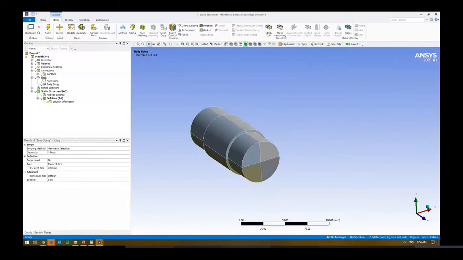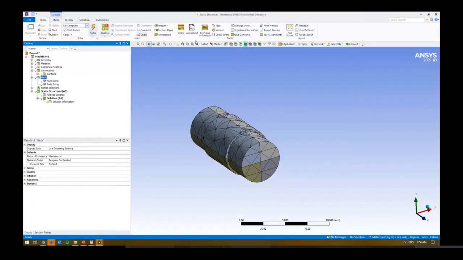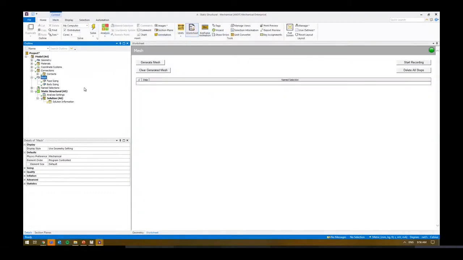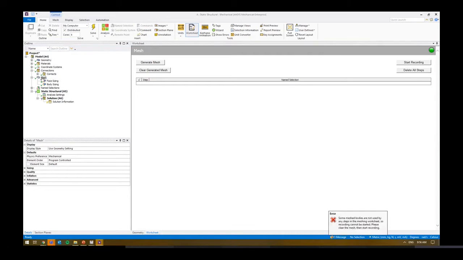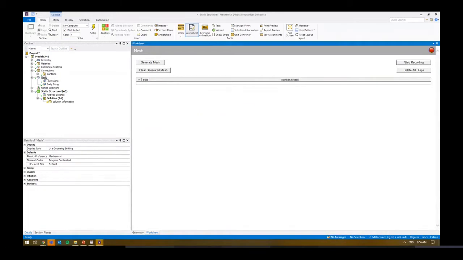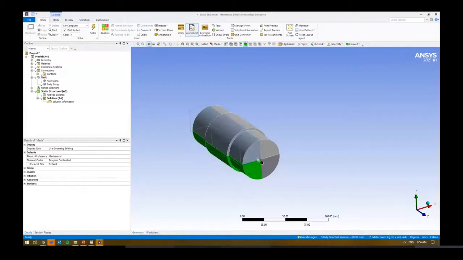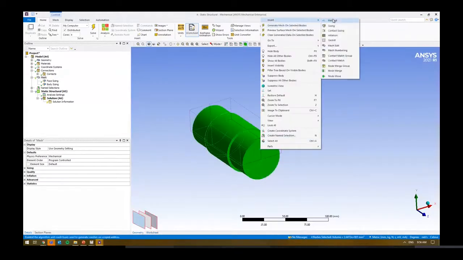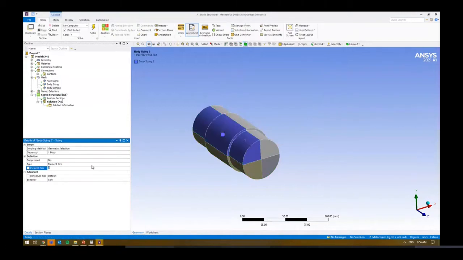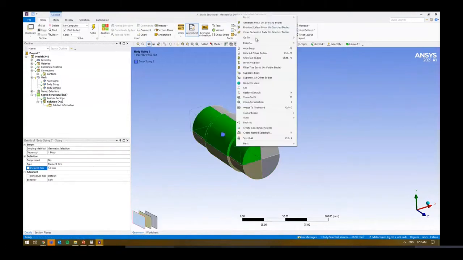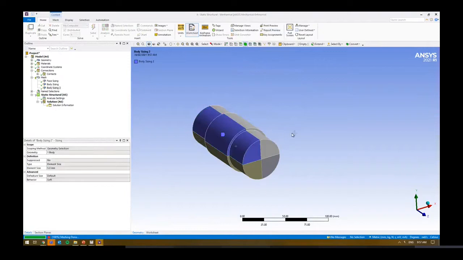We can actually keep a worksheet of that process as well. So if you go into meshing, there's a worksheet. You can go through the different steps. So as an example, you can go start recording, right? So we will clear the generated mesh. We'll go start recording, go back to our geometry, and let's just say we add a mesh sizing over here of 5 millimeters, right? So we'll generate that mesh first,